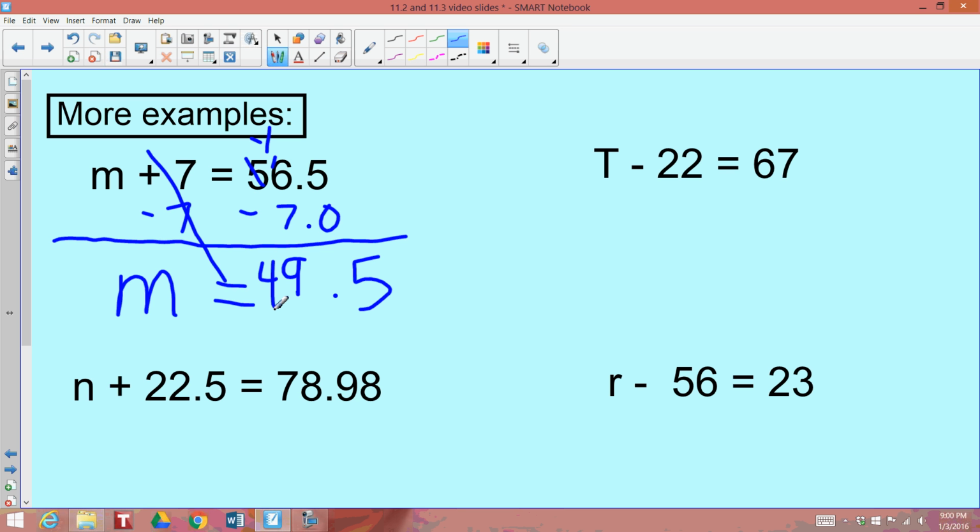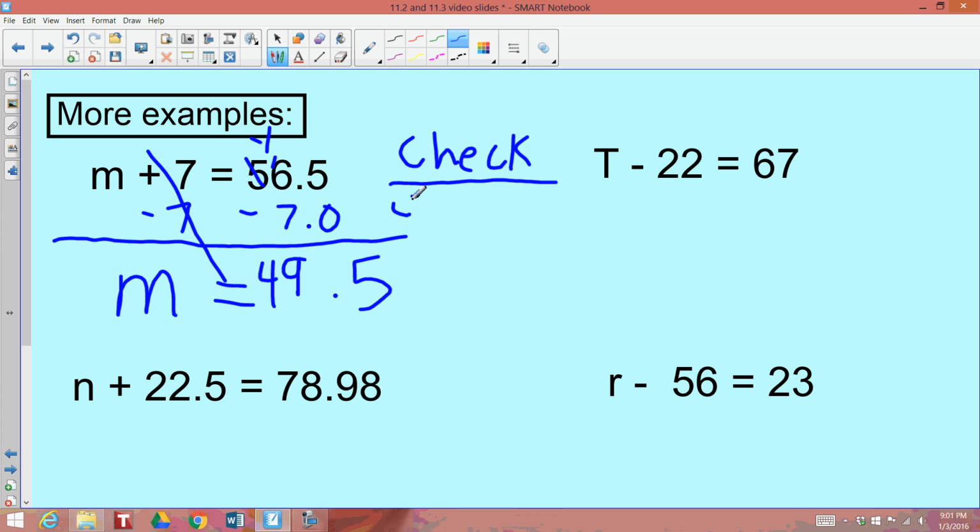49.5 is m. You can use the flowchart or you can just work backwards. Some number plus 7 equals 56.5. Well, 56.5 minus 7 is m. Well, what I did in front of you here is just showing you how to show your work and how to show that you're balancing each side of the equation. Of course, then we have to check,